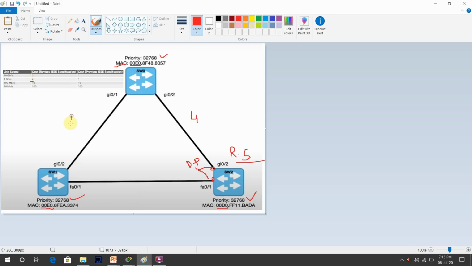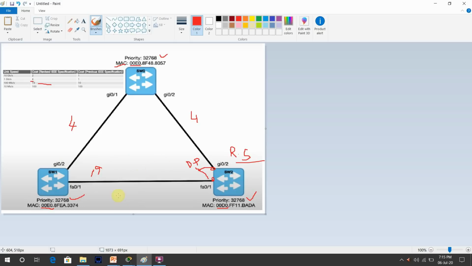Suppose the cost is 4. And this is FastEthernet Fa0/1, and what is the cost here? If you see, the cost is 19.